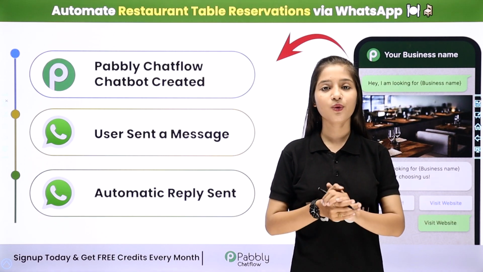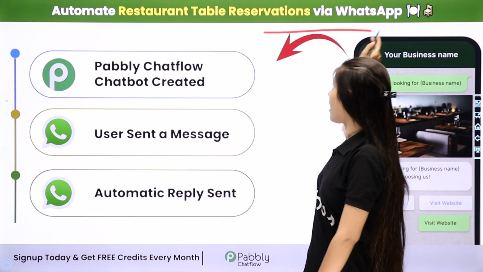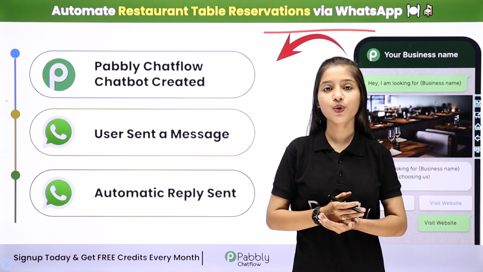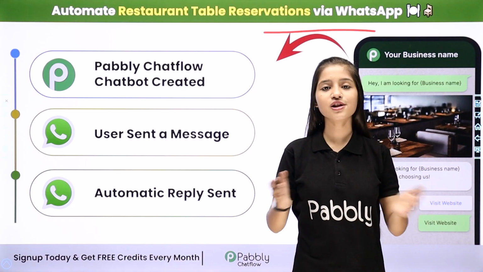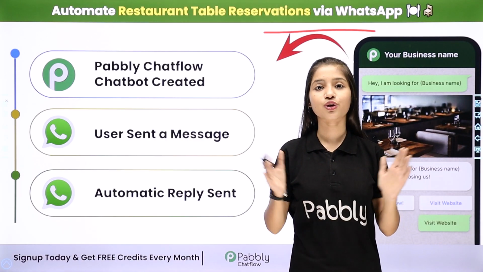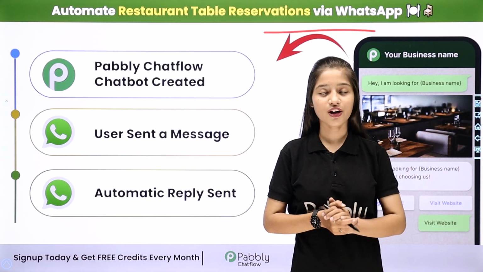In this video, we are going to learn how to automate restaurant table reservations via WhatsApp. Having a restaurant, you get many table reservations from your users at once. Responding to them manually is a time-consuming and also a very confusing task. To solve this problem, we are going to automate this entire process by creating a WhatsApp chatbot, and we will